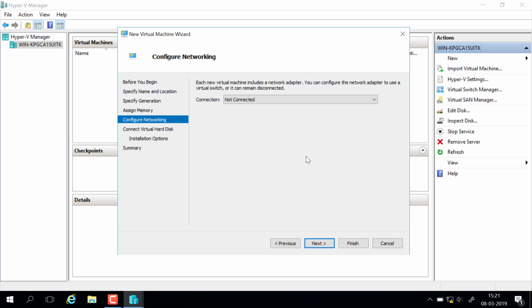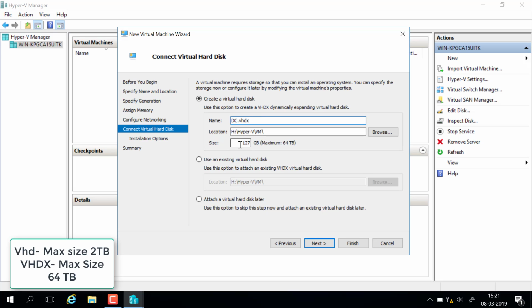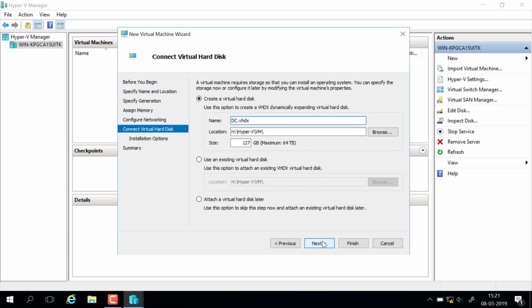I'm going to click on Next, and where it says networking, I want this to connect to the production V switch, so I will leave it as the production V switch, and click on Next. It's going to ask me to create a virtual hard disk. Leave it default. As you can see, the hard disk format is VHDX, and that's the format that was released in Windows Server 2012. I'll leave the size as 127 GB. With VHDX, you get a maximum size of 64 TB, and we can leave it default,